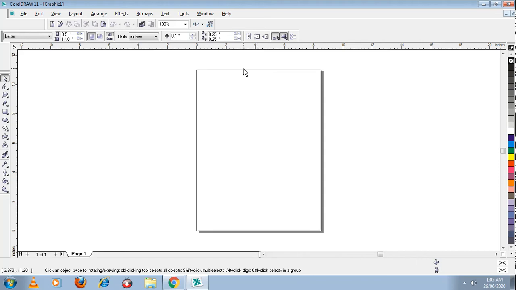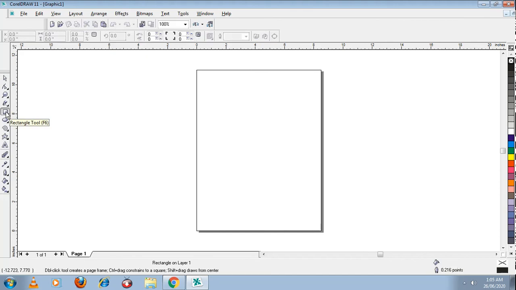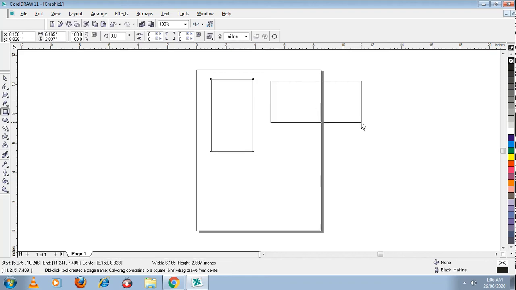Fine. Now let me draw one here. Let me draw a rectangle or a square here with the help of the rectangle tool. How do I do it? Just move your mouse arrow over the rectangle tool. I'm selecting it. After selecting it, with this tool you can draw a rectangle or square. How? Just move your mouse arrow on the page and click and drag your mouse. With this you can draw a rectangle like this. You may draw a rectangle this way also. As well as you may draw a square.